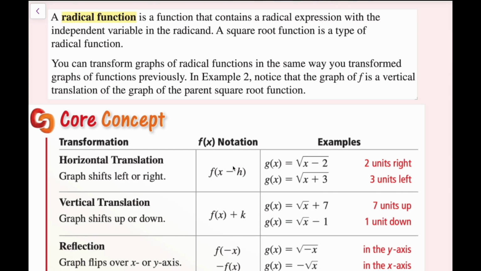So now we're going to talk about radical functions. A radical function is a function that contains a radical expression with the independent variable in the radicand. A square root function is a type of radical function. You can transform graphs of radical functions in the same way you transformed graphs of functions previously. In example 2, notice the graph of f is a vertical translation of the graph of the parent square root function. So if I scroll down here,